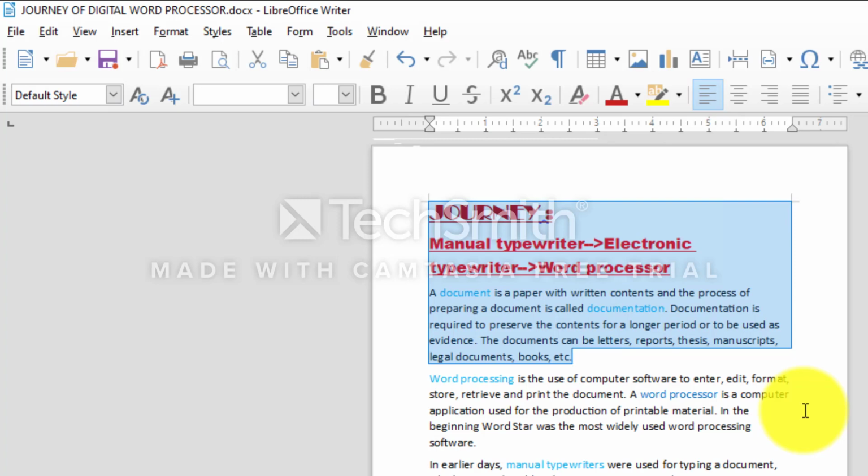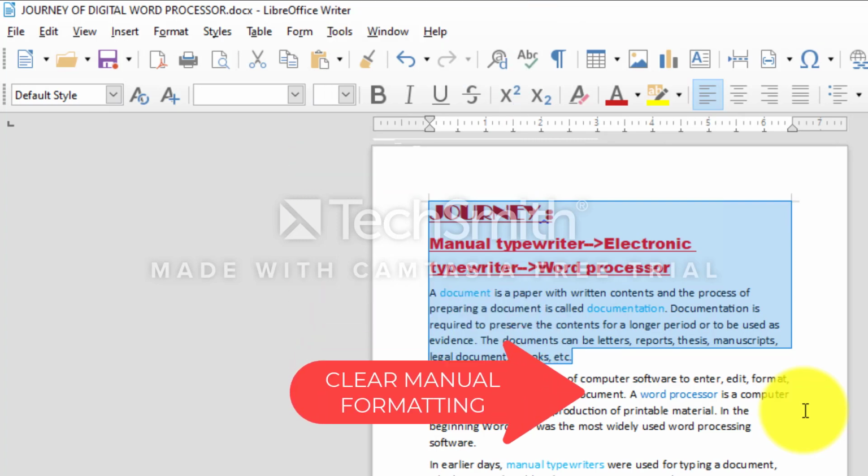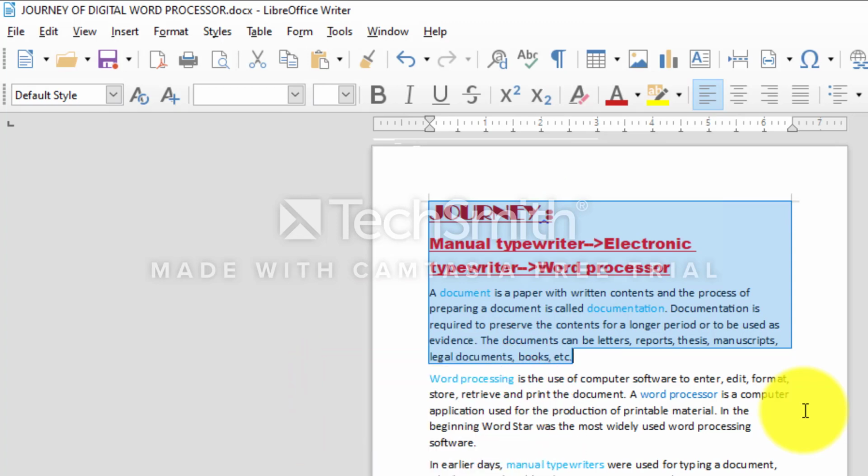First thing that we will study is how to remove manual formatting. To see the effect of formatting the text, first remove manual formatting.